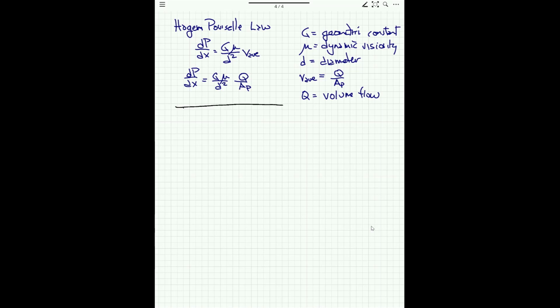Now we want to go and look at the force balance. This is going to be some additional information. And we'll take a narrow slice of the pore. So we've got a force, F1 goes from left to right, F2 goes from right to left, and then we've got a shear stress on the wall of the pore, shown with the arrow down at the bottom. So from the force balance, F1 is equal to F2,